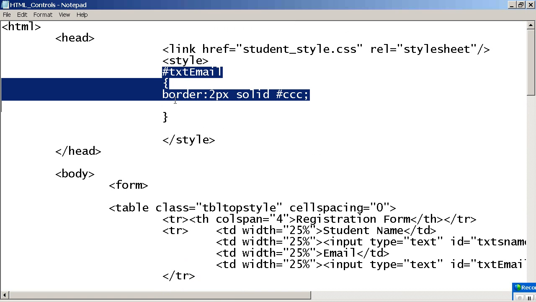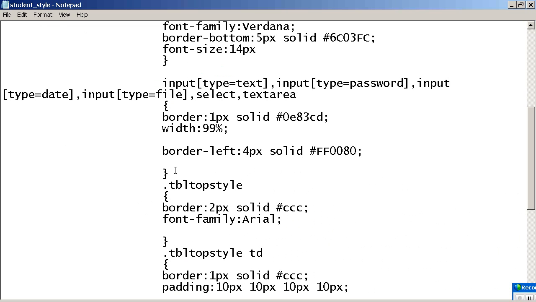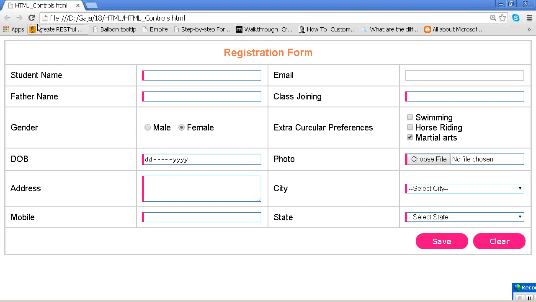Imagine I am not having this one. I am keeping this one. Now see the purpose. Now also sometimes what will happen? Even though you are writing your own style, it will not affect. Then what you need to say? Exclamatory mark important. Are you understanding? Then only it will work.